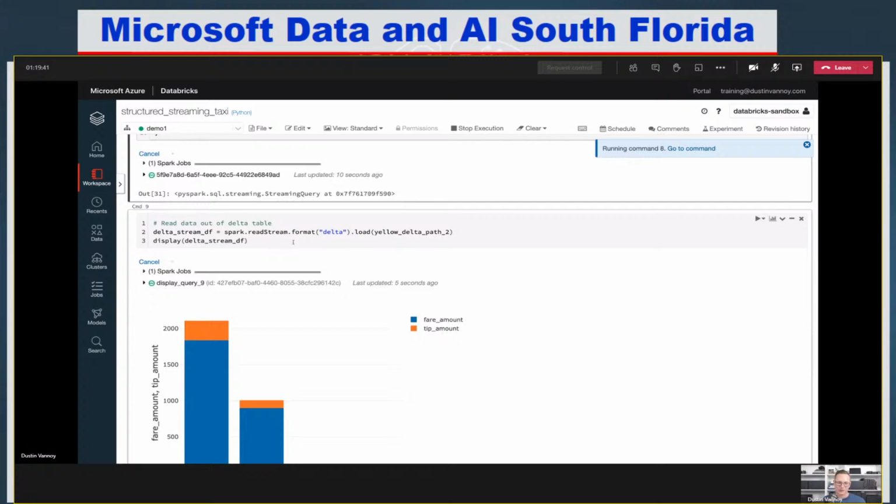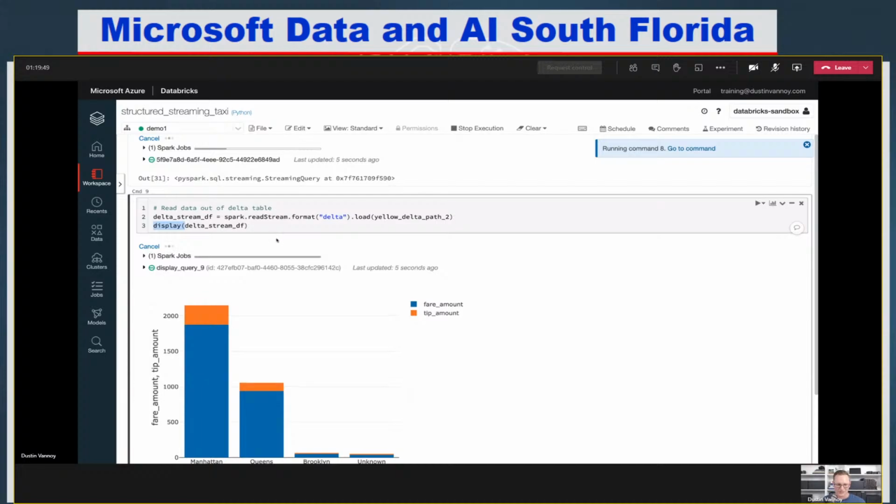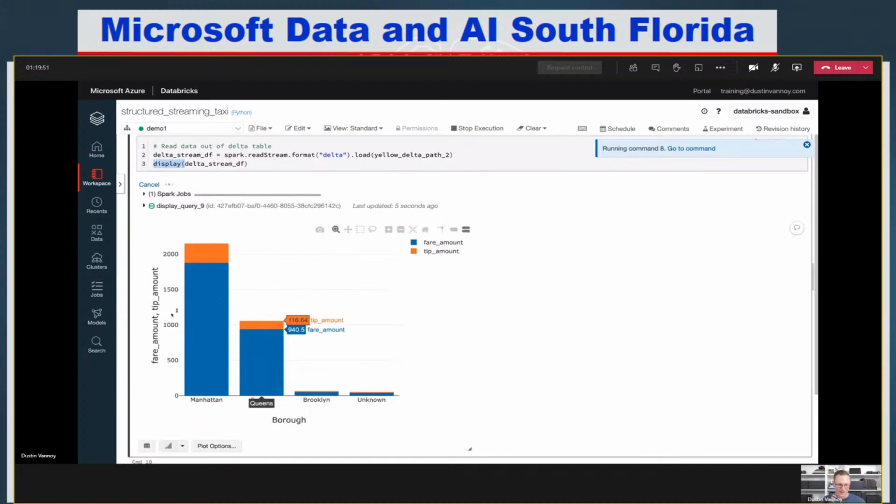I've just got a super simple read it back in from Delta Lake and display it. Display is a Databricks command, so when I'm working in Databricks notebooks, it lets me easily collect that data and do some things with it. And if you're paying attention to numbers earlier, we were in the hundreds, I think, when I first showed this. We're getting up there. It's just collecting more and more data from the time I started up this job.